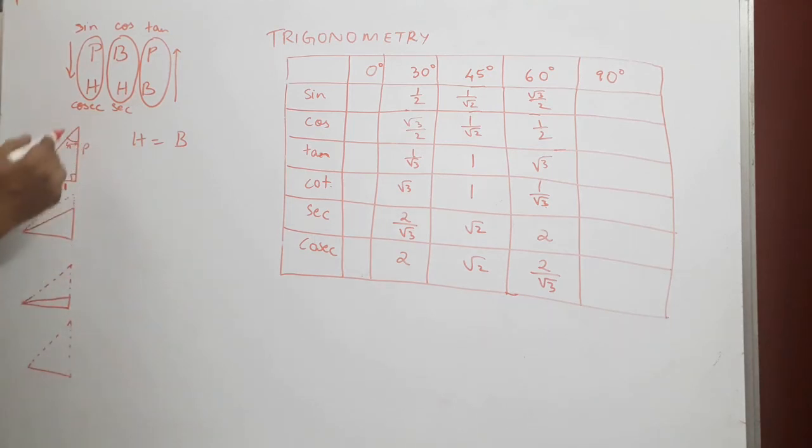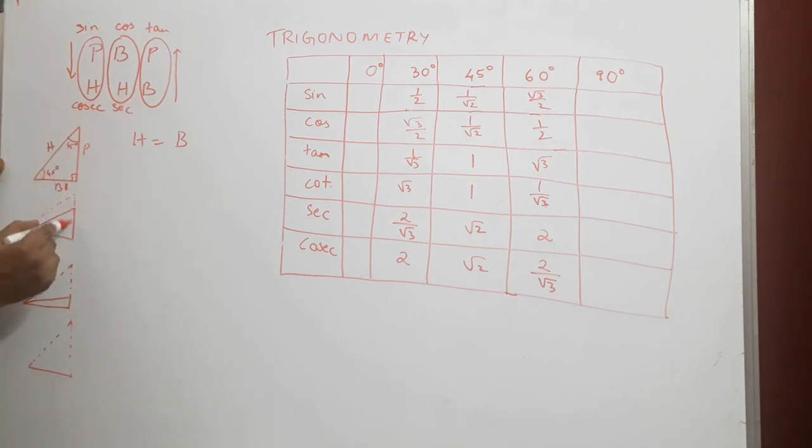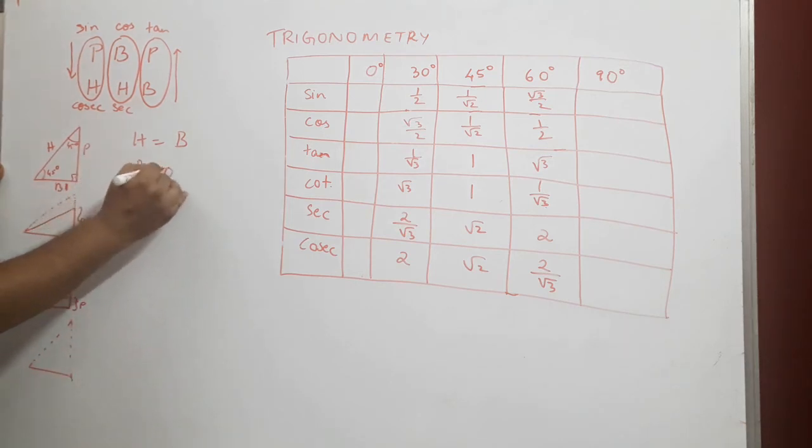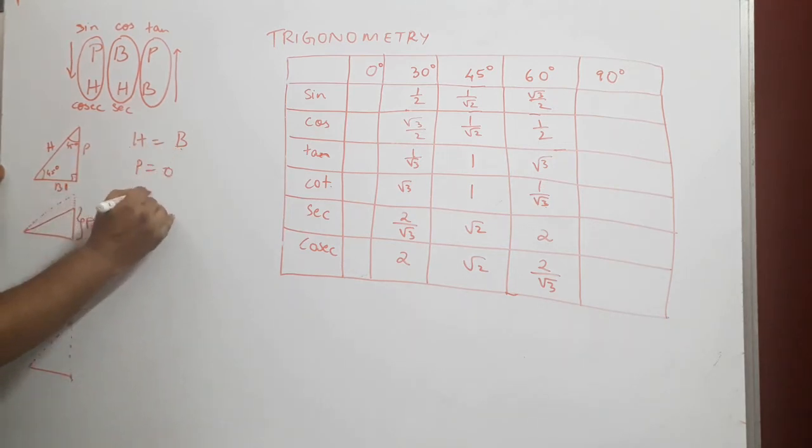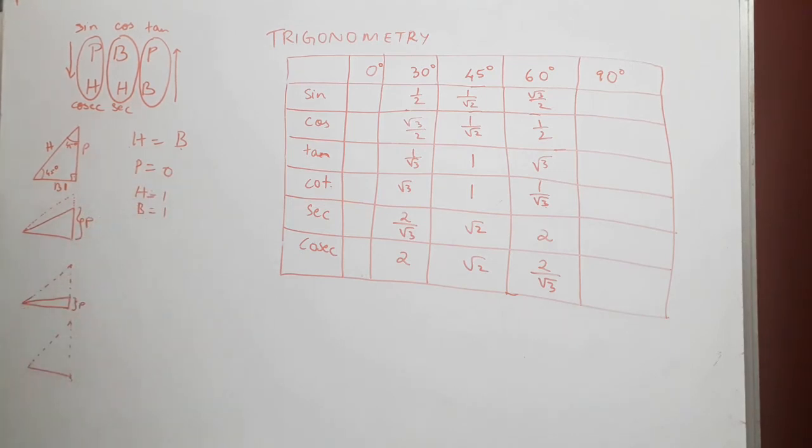Okay, then where has your perpendicular gone? Have a look. The perpendicular, which was this much in case of the first triangle, got reduced to only this much. Okay, this was your perpendicular. In the next triangle, as the angle became smaller and smaller, the perpendicular also became smaller. Finally, there was no perpendicular left, which means the perpendicular is 0. And if h is equal to b and b is equal to 1, which means h is also equal to 1, which means our h and b are both equal to 1 and perpendicular is 0.